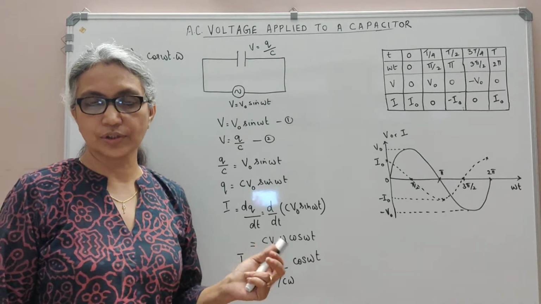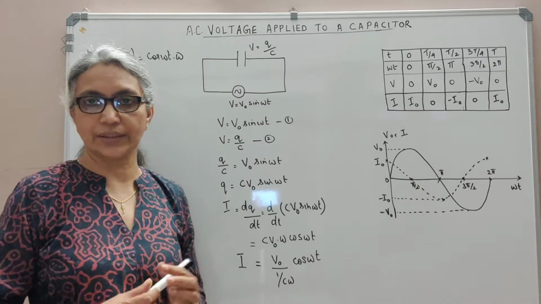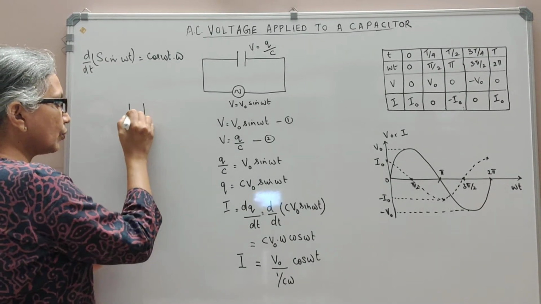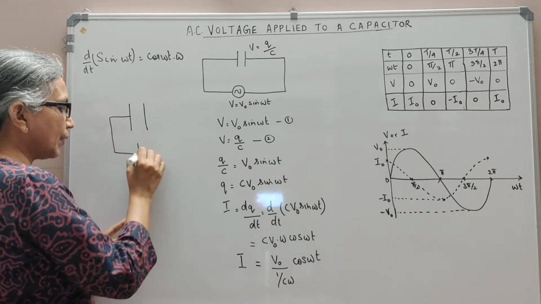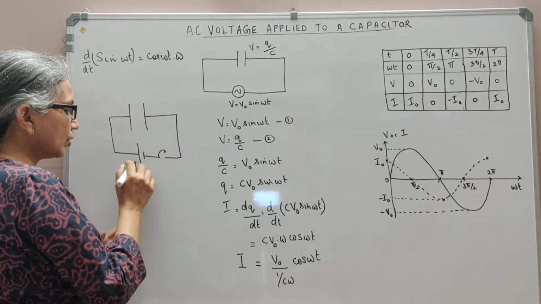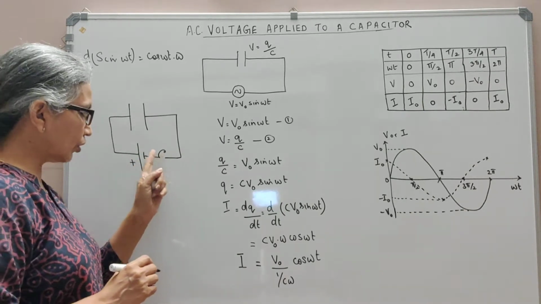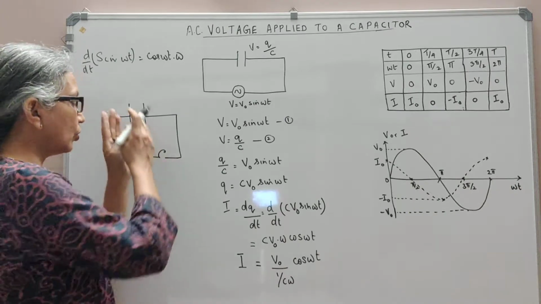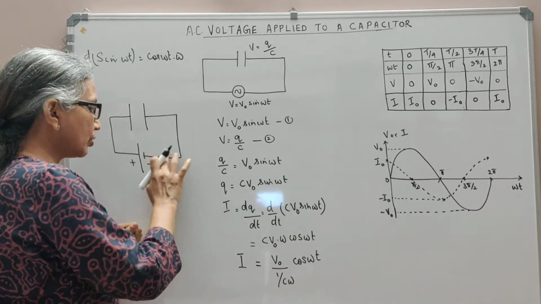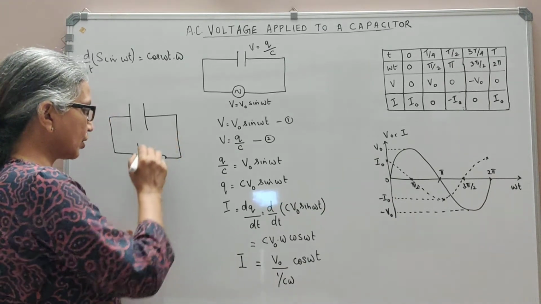Before we go into this topic, let us see what happens when you apply a DC voltage to a capacitor. So here we have a capacitor to which we are connecting a DC battery through a key. This is a positive terminal and this is a negative terminal. Before your key is closed, that is when it is open, the plates of your capacitor are uncharged. As soon as you switch on this key, the circuit is complete.